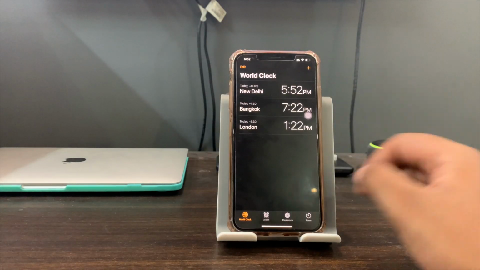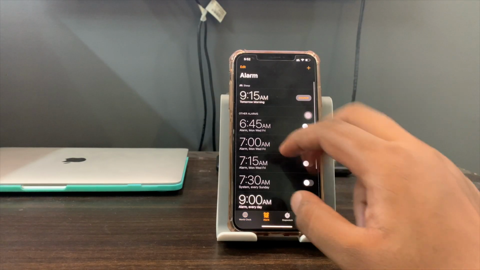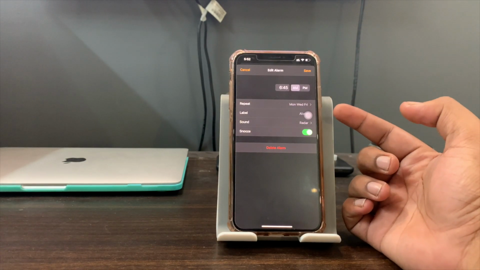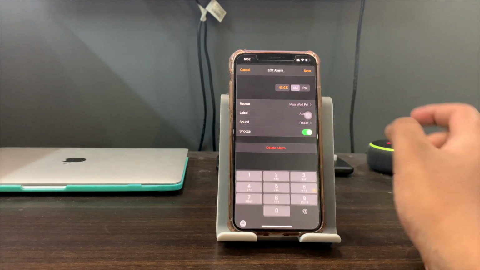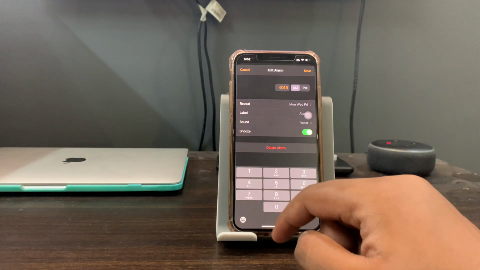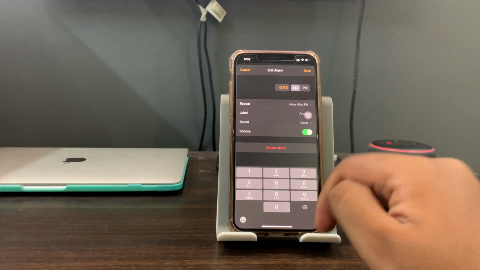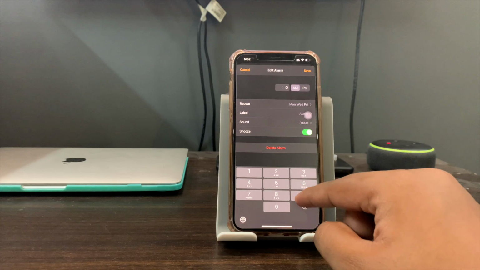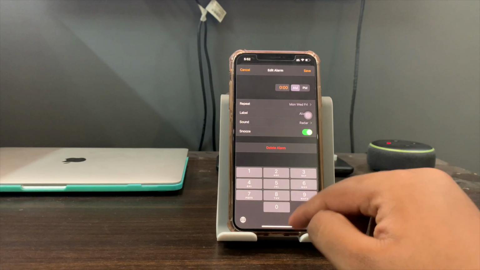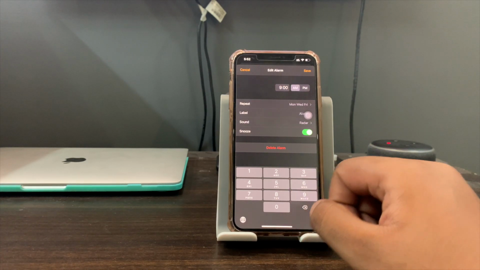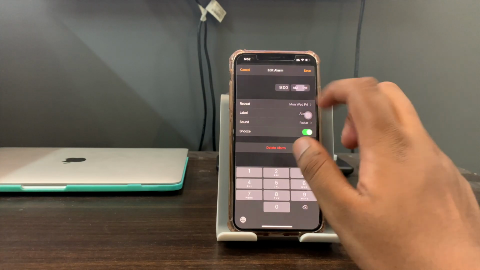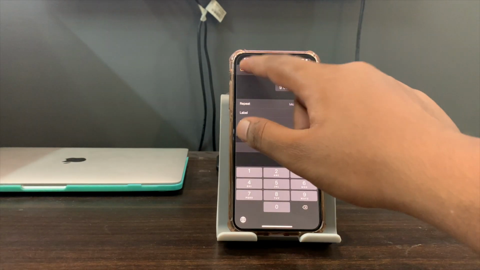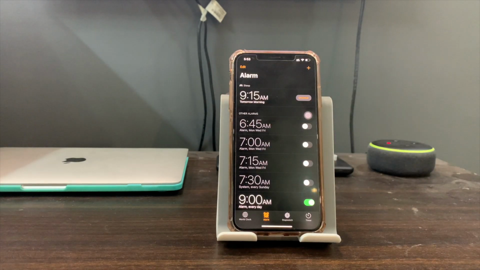Also in the clock app, if I add an alarm, you might have noticed here that the slider is gone, and now I have to type in a particular time. So suppose I have to set up an alarm for 9 am, I have to type here 9:00 and then choose between AM and PM. So the slider is gone and now we don't have the haptic feedback here anymore.